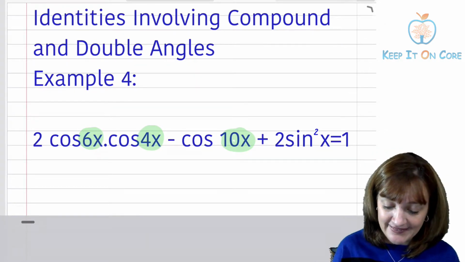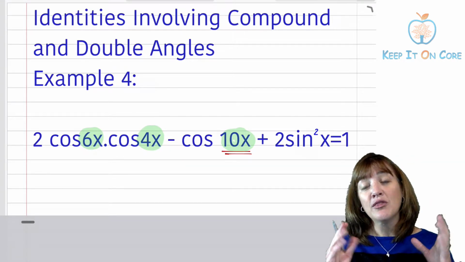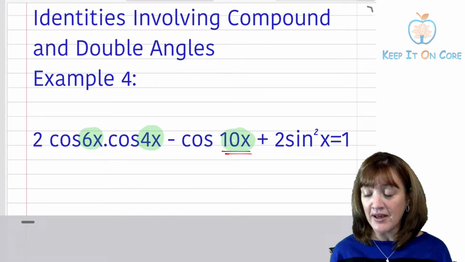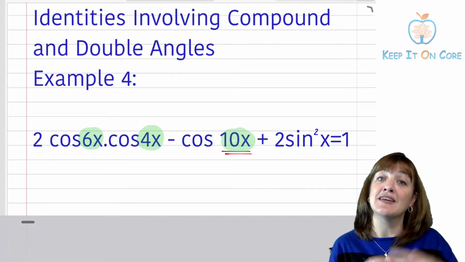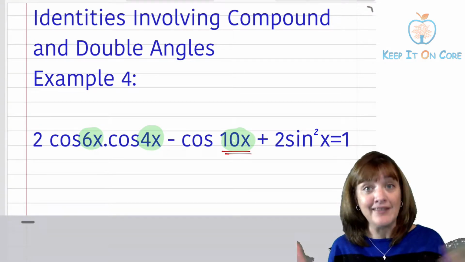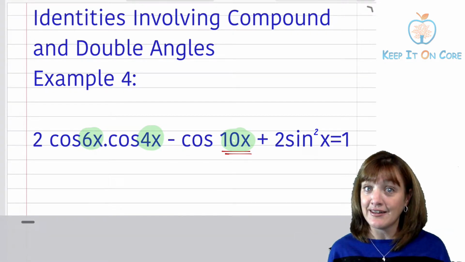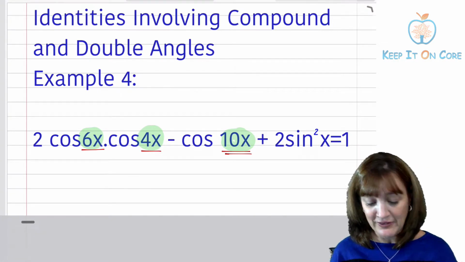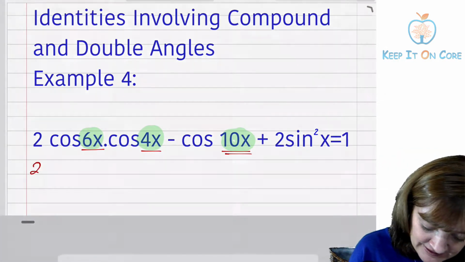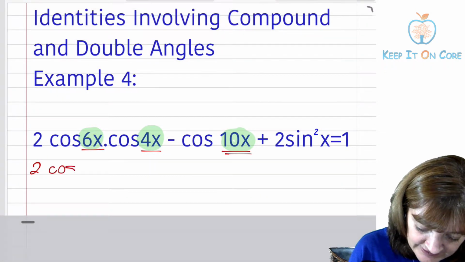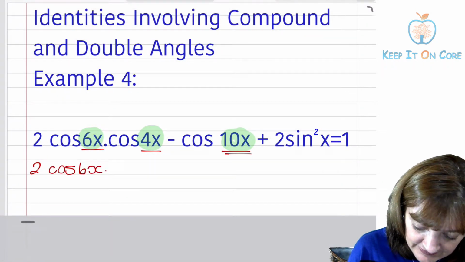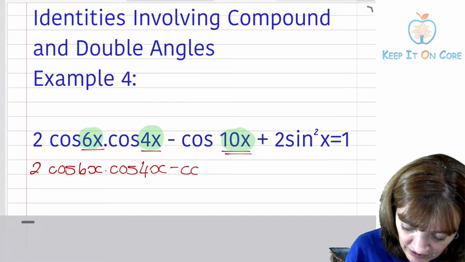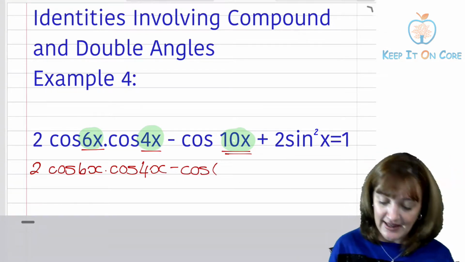If you look at 10x, the best thing for me to do is to split it and create a compound angle with it, splitting it into a 6x plus a 4x, because that's giving you 10. Can you see that that's going to work for you, because then it's going to match your 6x and your 4x? That's the first thing you need to do here. So we've got our cos 6x times your cos 4x, and you've got minus cos,